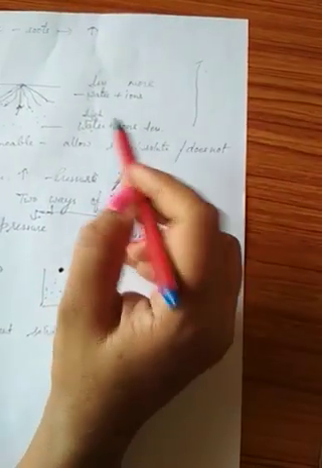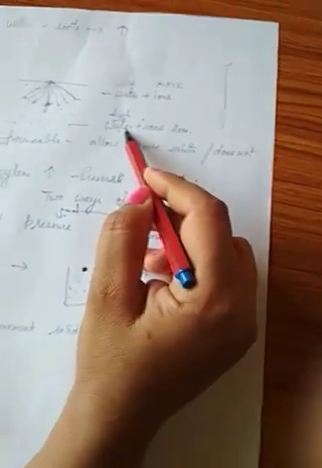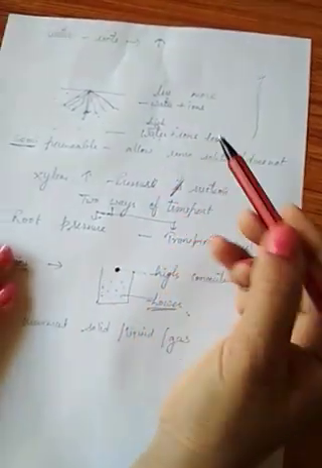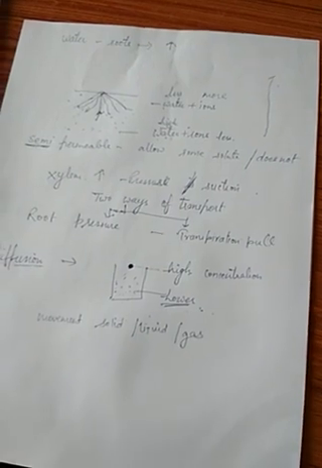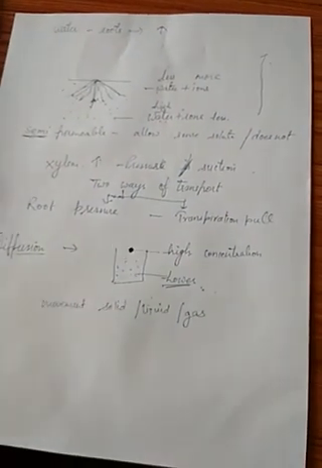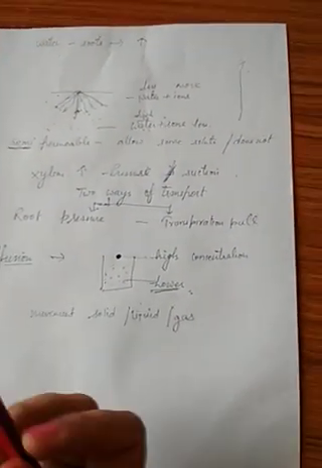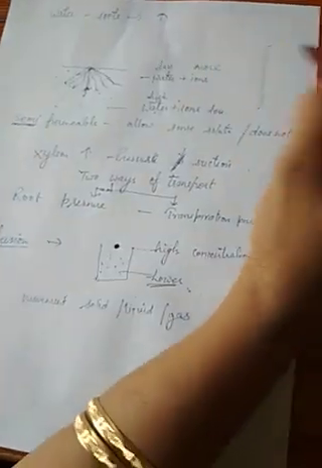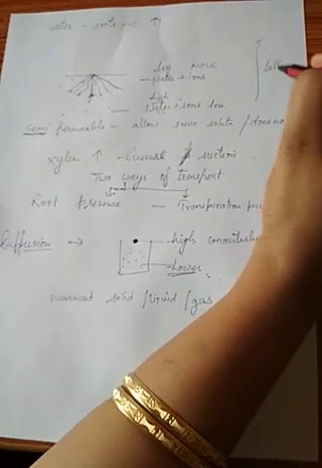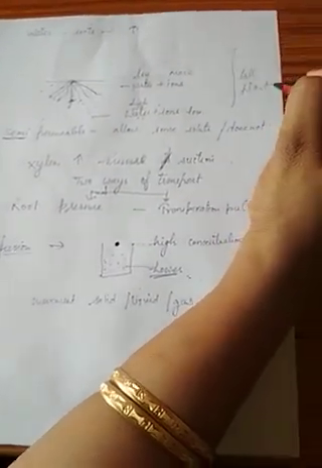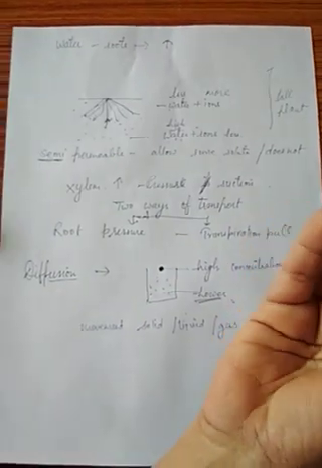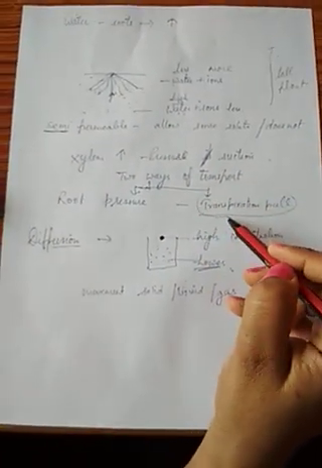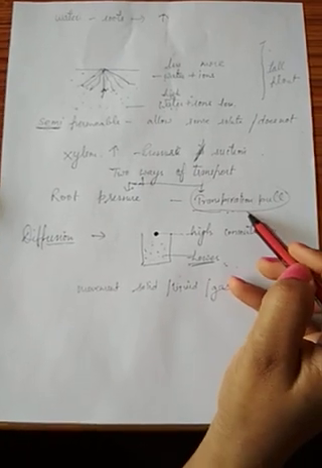But this pressure is not enough in the case of tall plants. Just like if you talk about a coconut tree, that is a tall, bigger plant. The pressure which is created because of high and lower concentration is not sufficient in the case of tall plants. So such plants need some other mechanism, that is called transpiration pull.